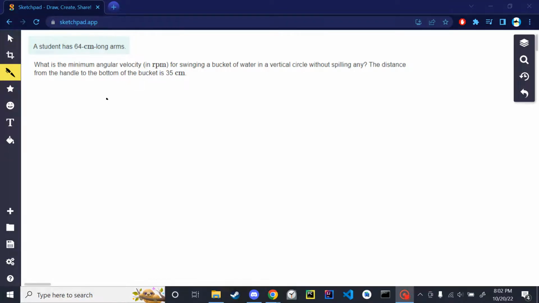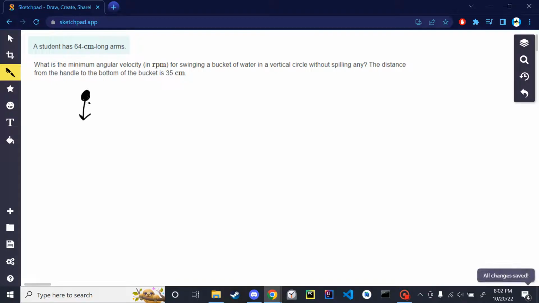Okay, so we got another minimum speed problem. You're swinging a bucket of water around in a circle. What is the slowest you need to go? So, at the very top of the circle, you got your bucket there and you got your water, and the slowest you can go would be